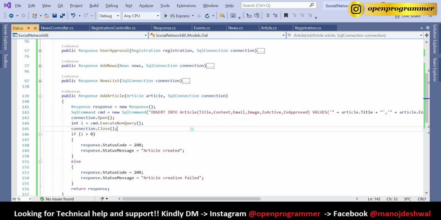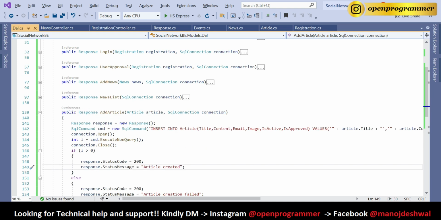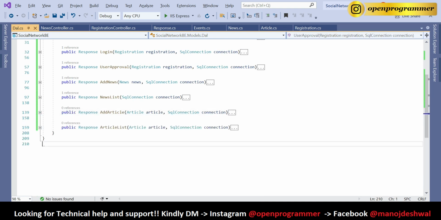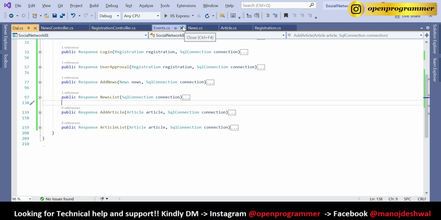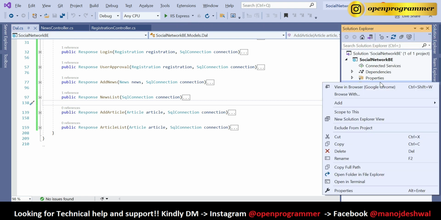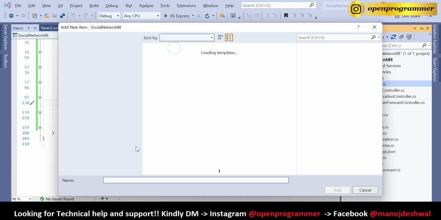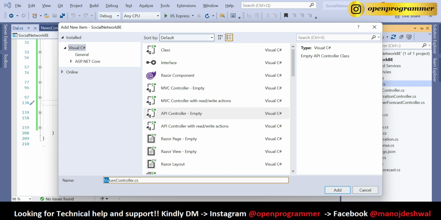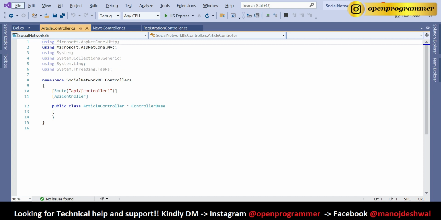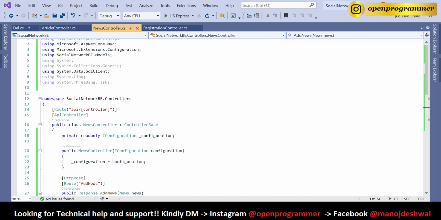All right. Let me recheck article. Perfect. Save. So we are done with our DAL class methods. Now let me close these classes. Go to the controller, right click, add new controller, API, API empty, and we'll create a new controller as article. Save. Go to news controller, copy